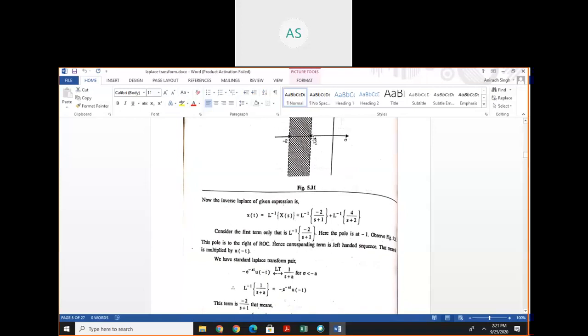The ROC is between -1 and -2, and the poles: the first pole is at -1 and the second pole is at -2. Clear? Then